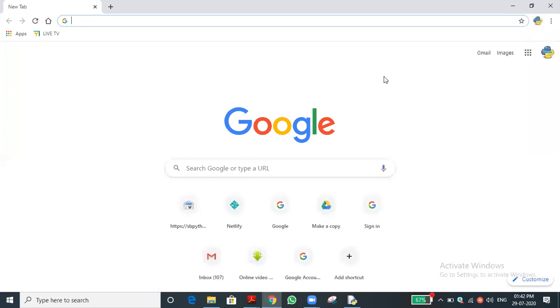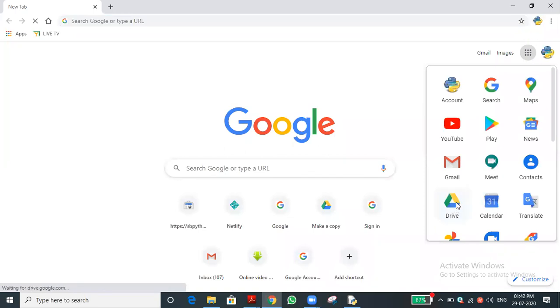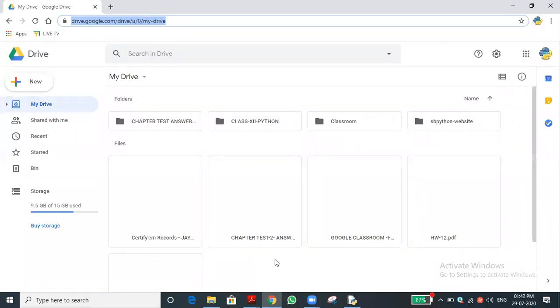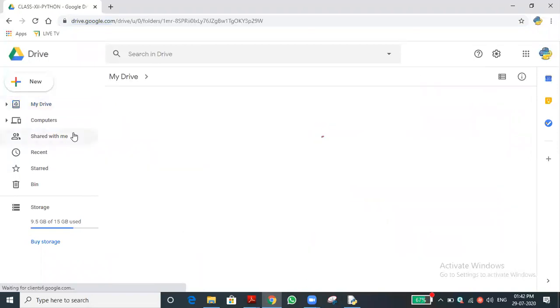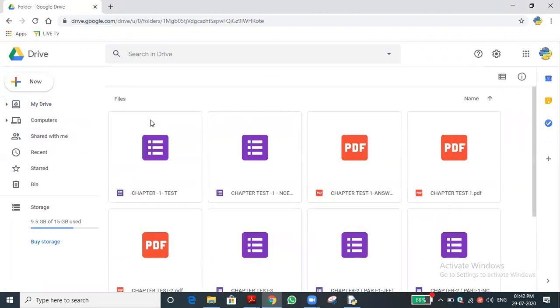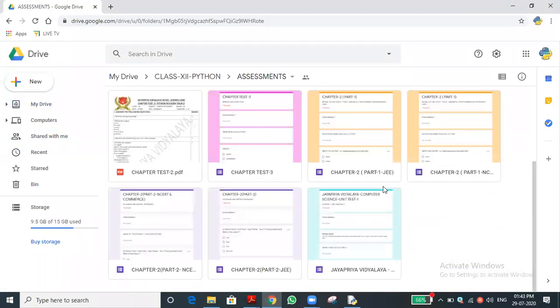Pickle is not a function, it's a module. Inside it we are going to use two functions, the dump function and the load function. Dump is like the write function we use in a text file, writelines, isn't it? Yes, sir. Likewise, when we want to write into the binary file we should use dump. If you want to read, instead of that we are going to use the load function.